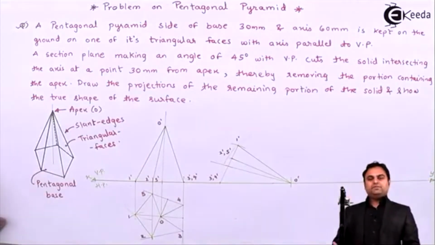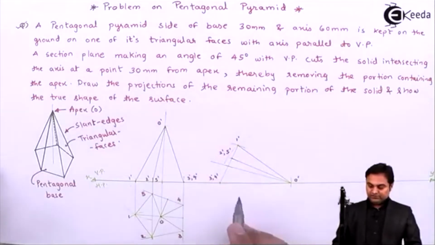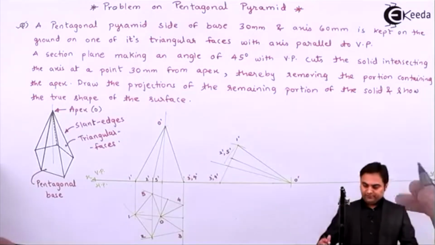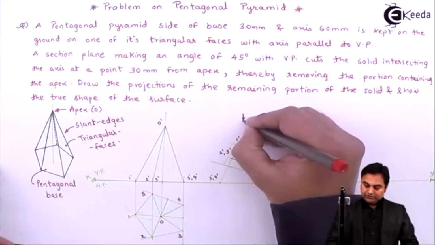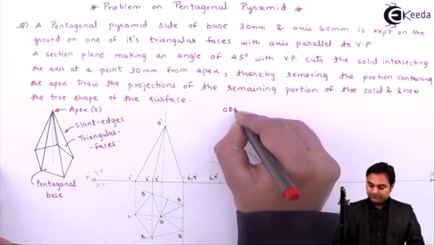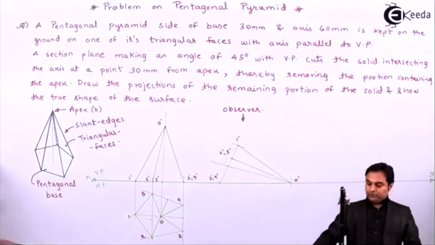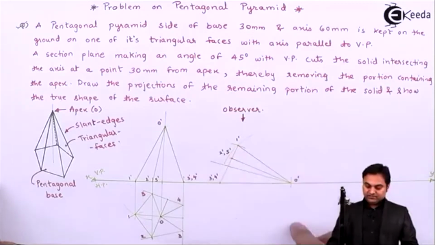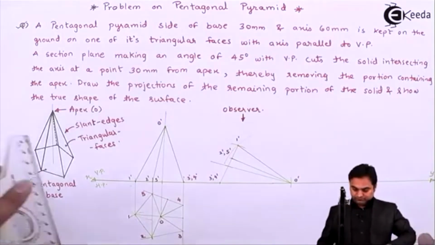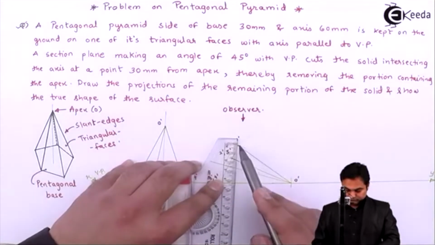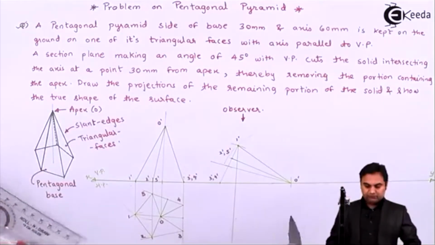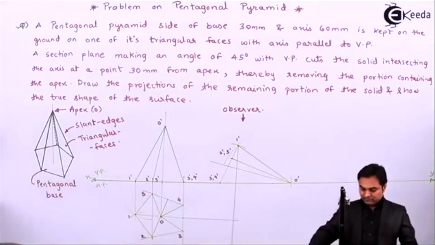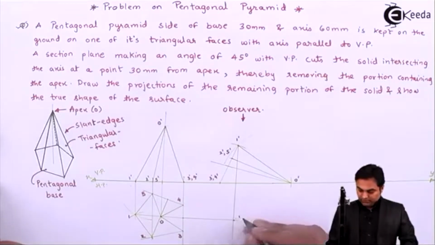So here I have tilted this pyramid on its triangular face O dash, 3 dash, 4 dash. Now this is the front view of that tilted pyramid. Then I'll be projecting the top view, looking in as an observer at the top. So those points will be projected first which are closer to the observer. So if I see here 1 dash is closer, that will be projected first. So 1 dash and 1, wherever they intersect, that will give me point 1.